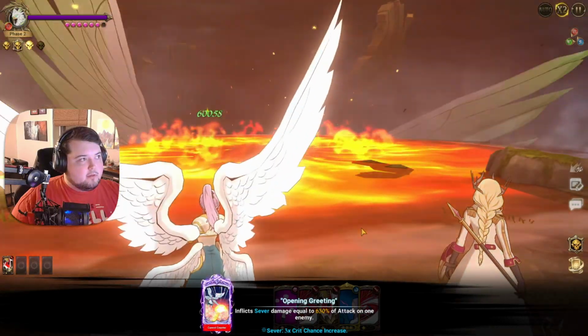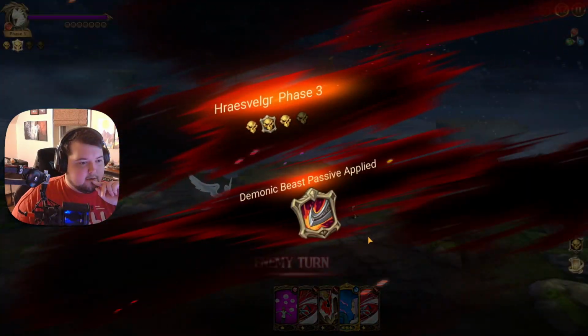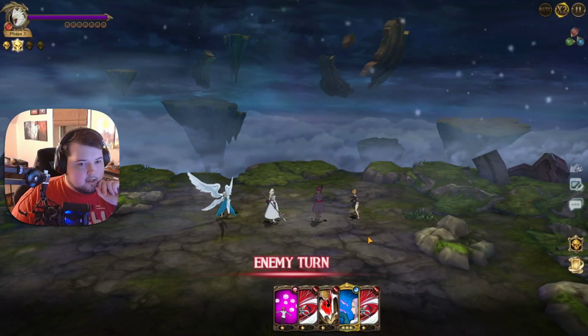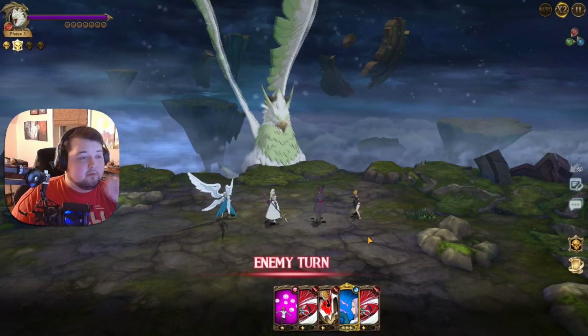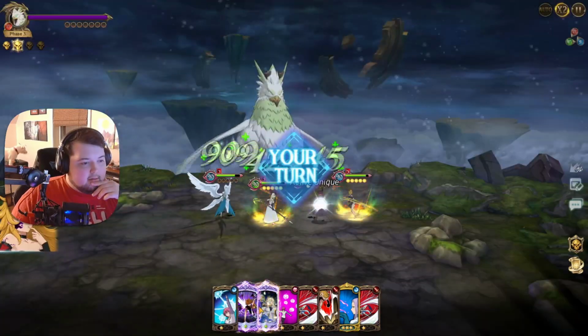So boom, that pushes phase. Going into phase 3 here, I'll be able to heal a little bit with Bryn, or I guess it's Brunhild now, but I don't know. I still like Brynhilder better. Anyway,